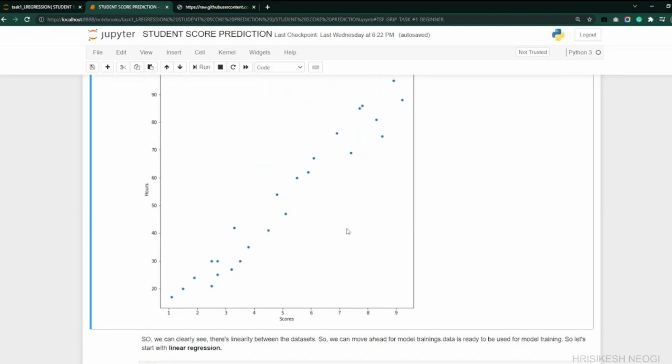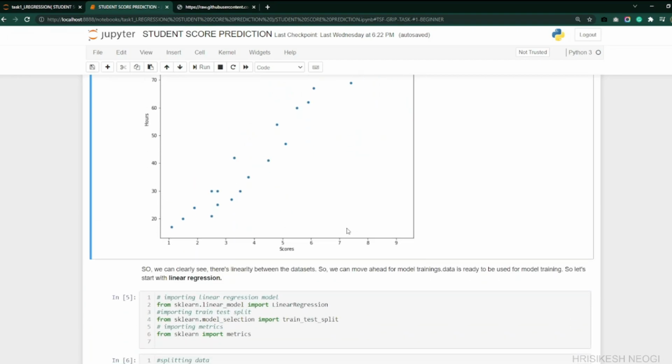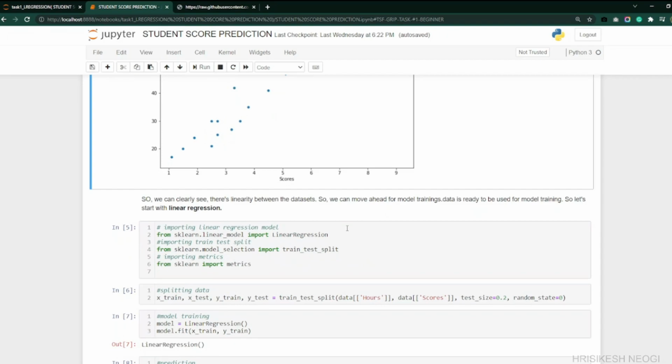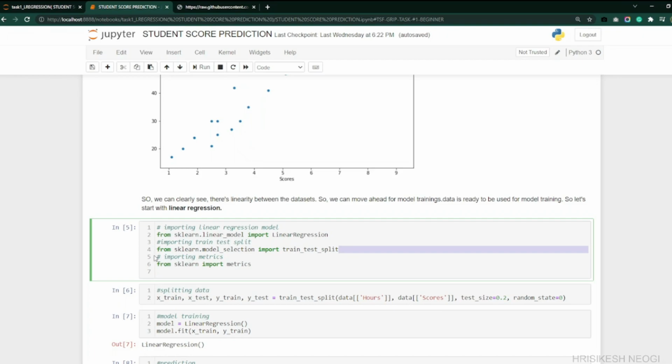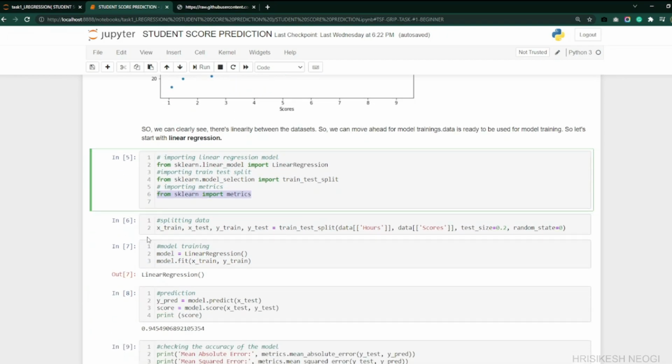So now we can move ahead to the linear regression model training. We're importing the linear regression model from the scikit-learn library, then importing train_test_split, then importing metrics. Now we are splitting the data.